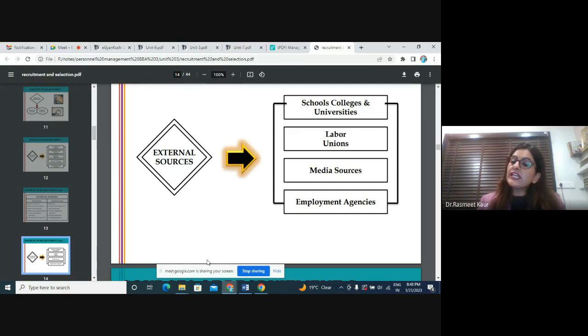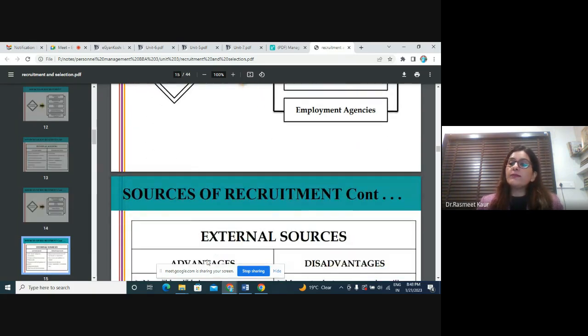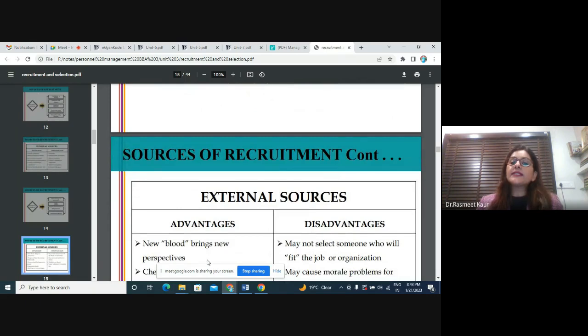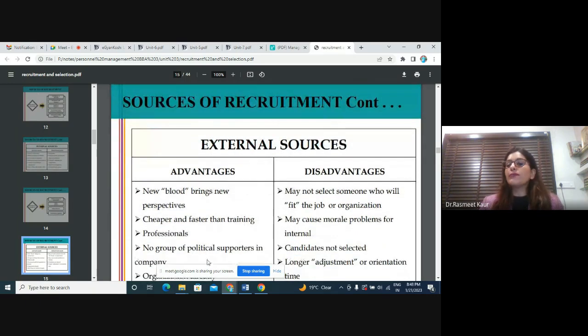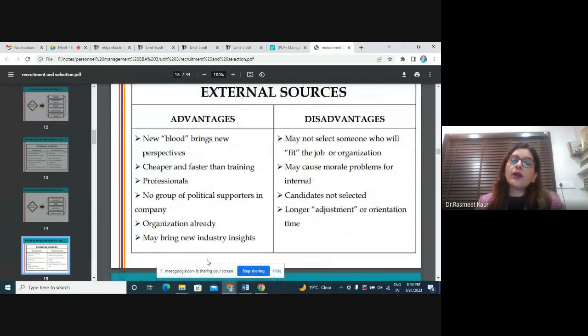So once you are very clear with it, you can pick up any source which is very economical, and through an external source you can call people who can apply for a job in the organization. There are also employment agencies which help you to find the candidates. They charge a certain amount of commission from the candidate and from the company also. But then you don't have to look everywhere or run everywhere. You need to give your requirements to these employment exchange companies, and they help you in finding the right person for the right job.